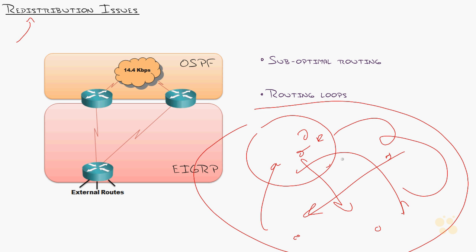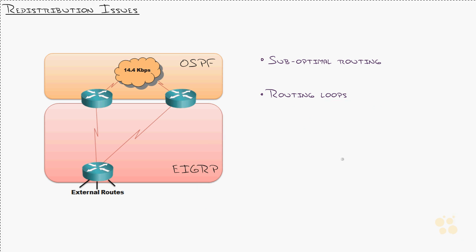And they're like, okay, now that you've followed our instructions and redistribute everywhere and the network's on fire, now fix it. So how do you fix it? Well, there's a few things that you can do, and I'm just going to hit a few of the high points right here. First thing is you can tweak the administrative distance.